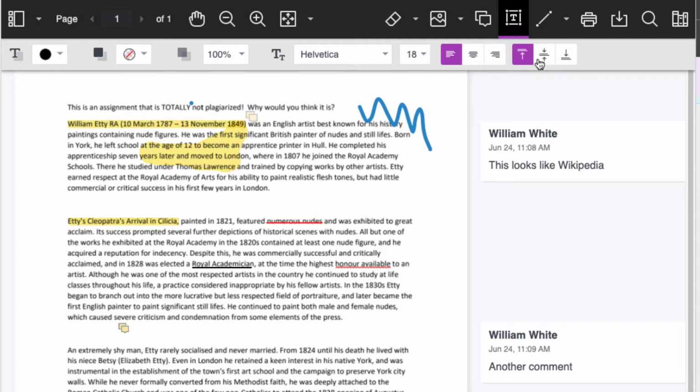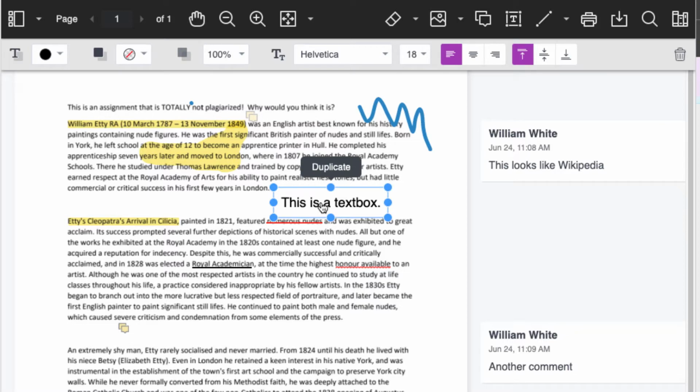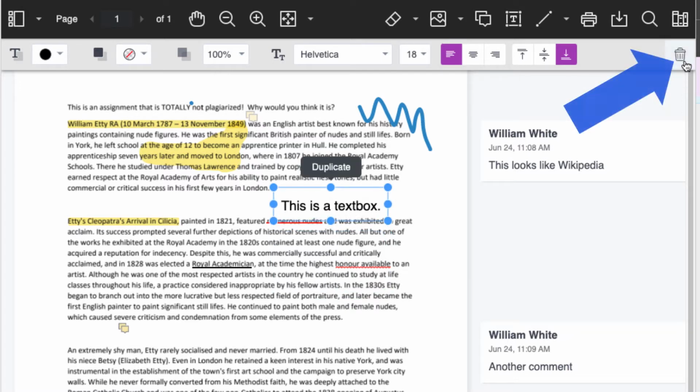Now, the way the text boxes work, this won't matter unless you resize the text box after you do some typing. We get that the way we want it. Just click where we want to put our text and we can start typing. And it's right there in the document, just like it was typed right on top. And I promised you I'd show you that we can resize it. If I resize it here, notice it's up at the top. If I click these alignment things, it moves among the different alignments in the text box. And again, if we don't like our text, all we have to do is click the trash can to get rid of it.